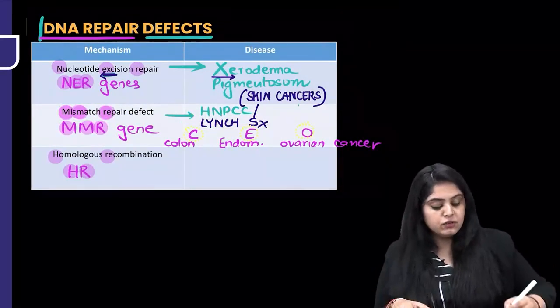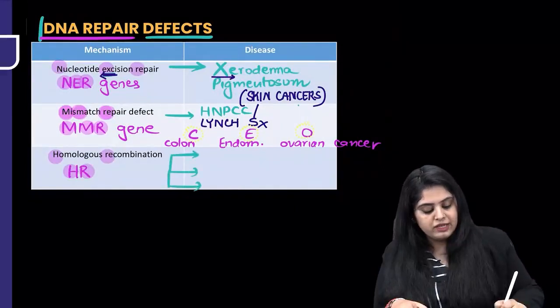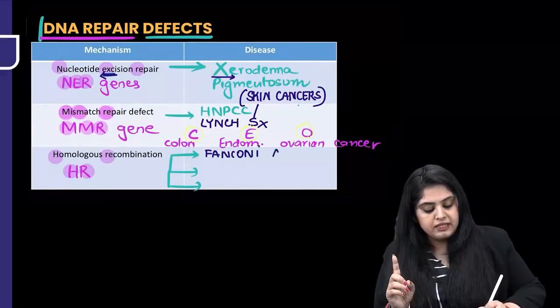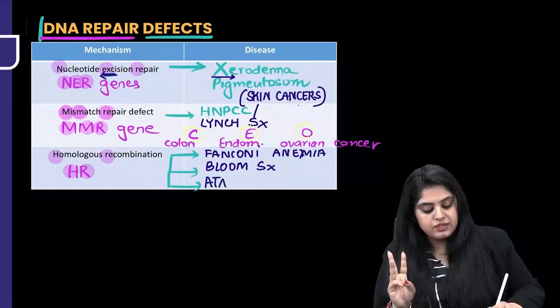And finally, when there is a homologous recombination problem, there are three things that can occur because of this. One condition, Fanconi anemia. Next is going to be the Bloom syndrome. And the third one is going to be the ataxia telangiectasia. So these are the three problems that